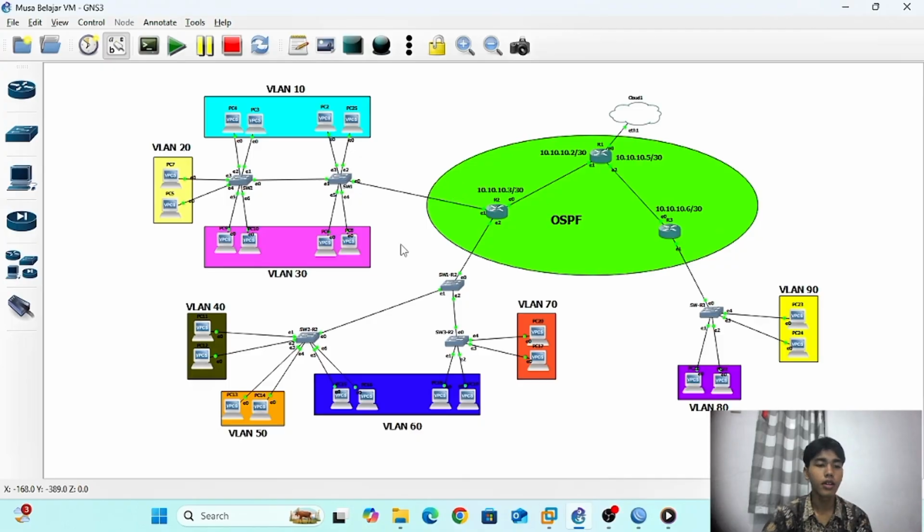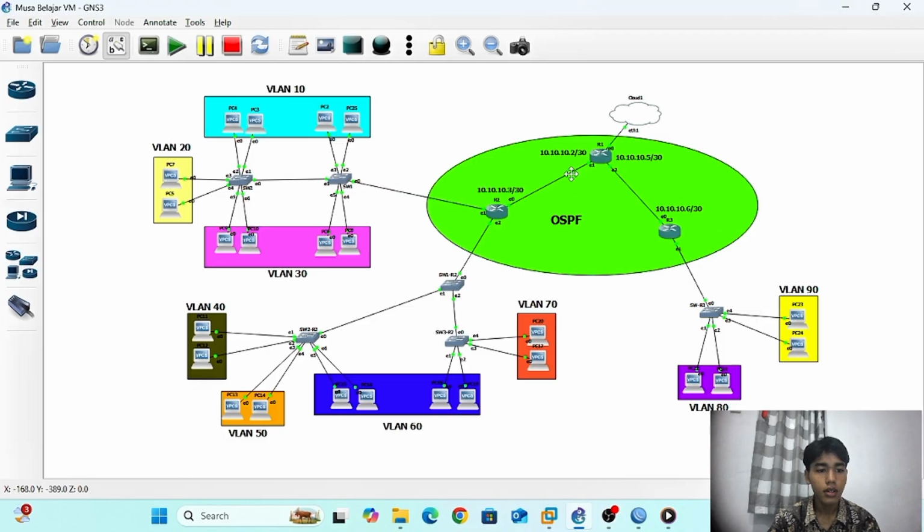Then here I will explain the network topology on the left side. Core RTL 2 is connected to core RTL 1, which already has internet access.